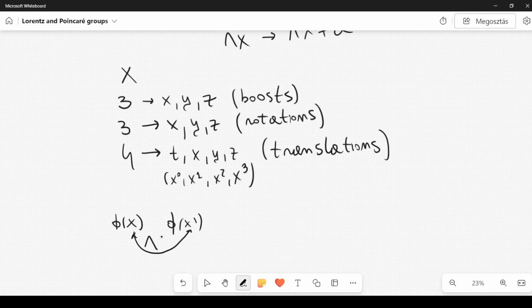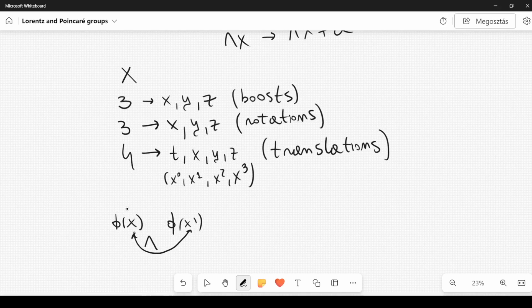Now, you can also replace the term Lorentz with Poincaré. So you might also have a Poincaré invariant theory, if our theory is invariant also with respect to translations. So if we have this translational invariance, we might have a Poincaré invariant theory. Otherwise, if we only have a Lorentz invariant theory, it means that it is invariant with respect to boosts and with respect to rotations.